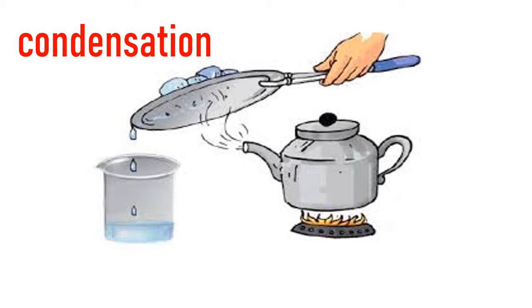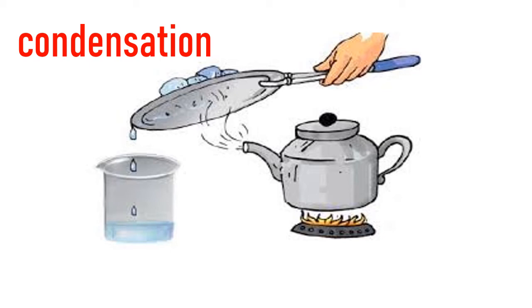If you see this picture closely, what do you see? The mixture containing water and salt is taken in this kettle and heated, and near the mouth of the kettle one plate is kept. On that plate there is a large amount of ice. So what happens? When the kettle boils, the water comes outside in the form of steam,